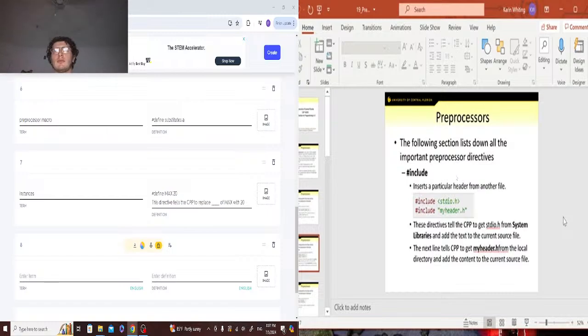We use the pound_include to include either a C library header file or a user-defined header file. For using a C library,